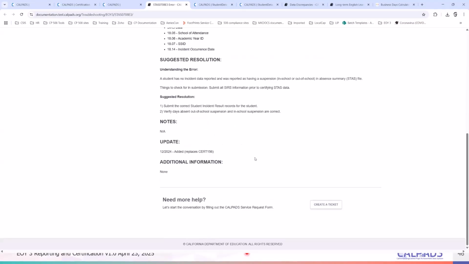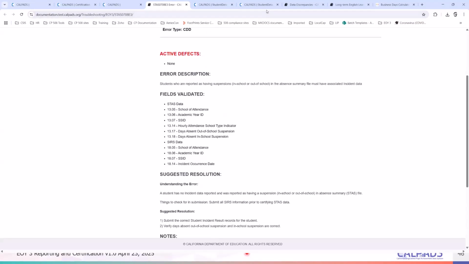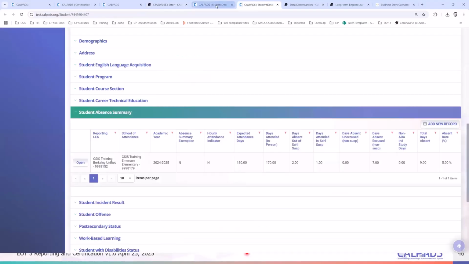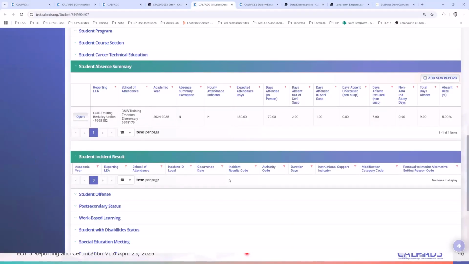Okay. So this normally happens if, let's say, you submitted your stats ahead of your sync Sears soft file. It could be a timing issue. Number two, it could be you submitted all files, but you missed the sync Sears soft of this one student. So it could be just an error on your part. Or it could also be that you probably reported suspension days improperly, so there couldn't have been any suspension, so you clear this and then you adjust the attendance days accordingly.